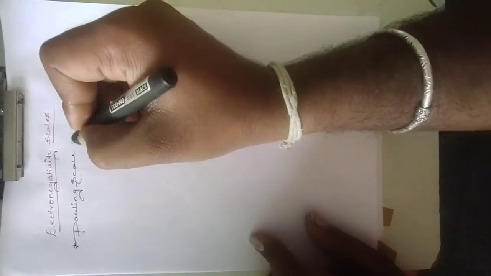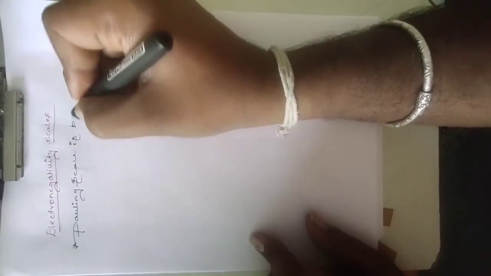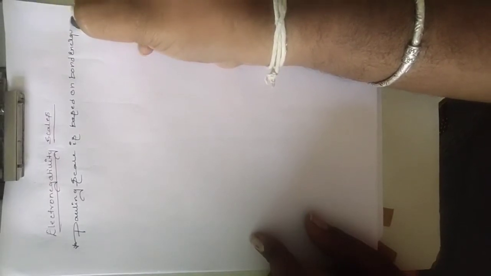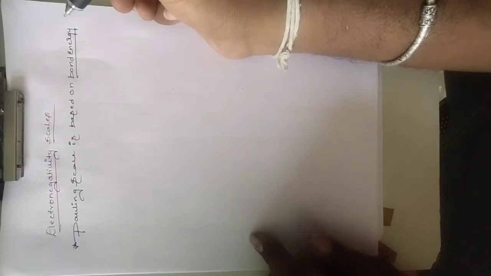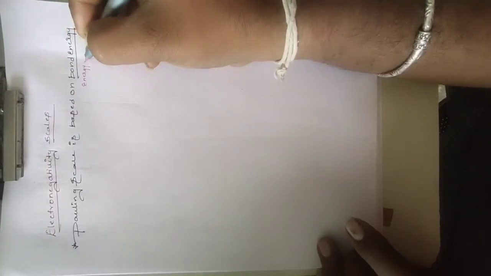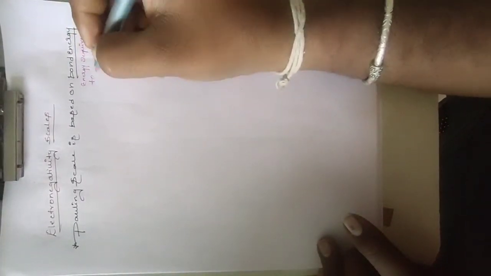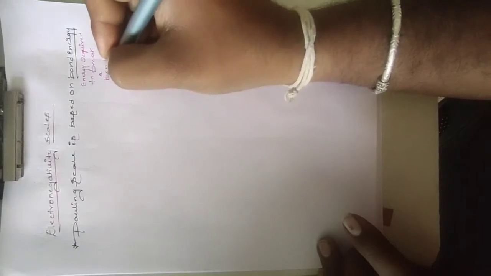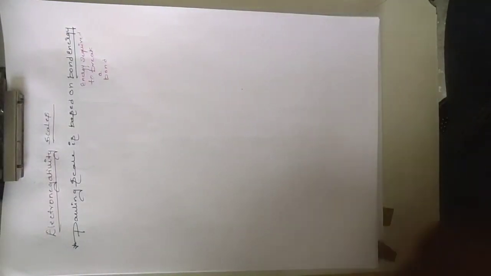Pauling scale. The Pauling scale is based on bond energy, which is nothing but the energy required to break a bond. He gave one formula. The formula is